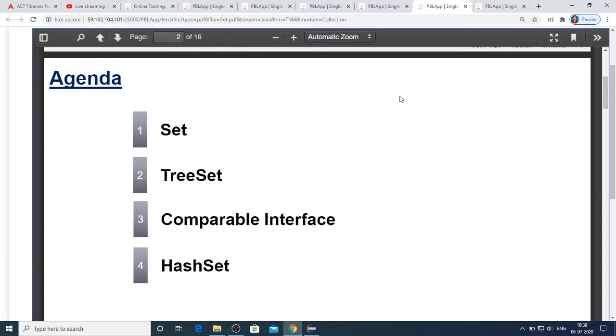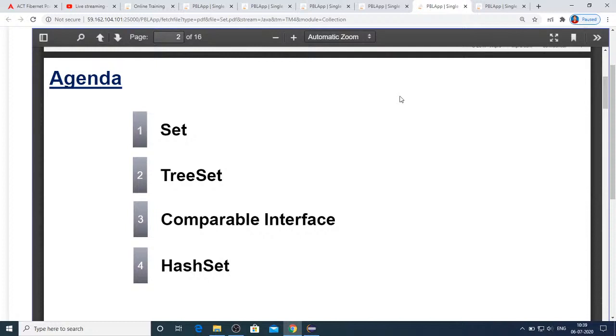As I said, the Comparable interface we will mostly use with TreeSet. I'll demonstrate with a small program how we use this Comparable interface along with TreeSet. So let's understand the theoretical concept first, and then get into the implementation part. Coming to TreeSet, as I already said, it's one of the implementations of the set interface.